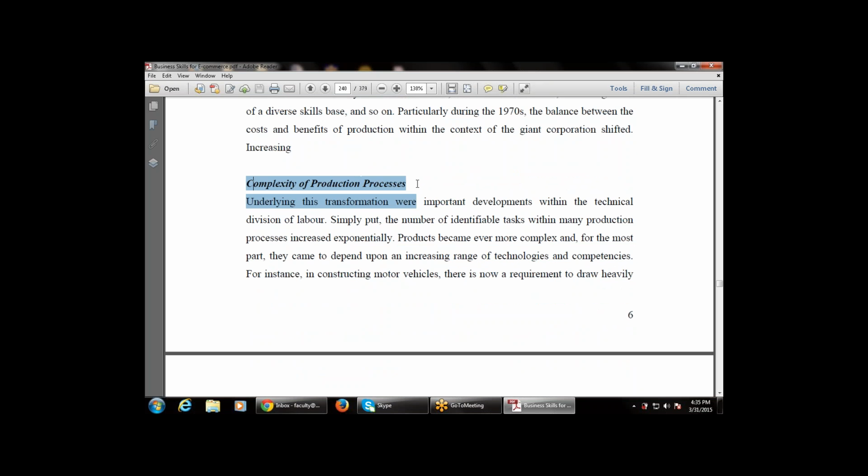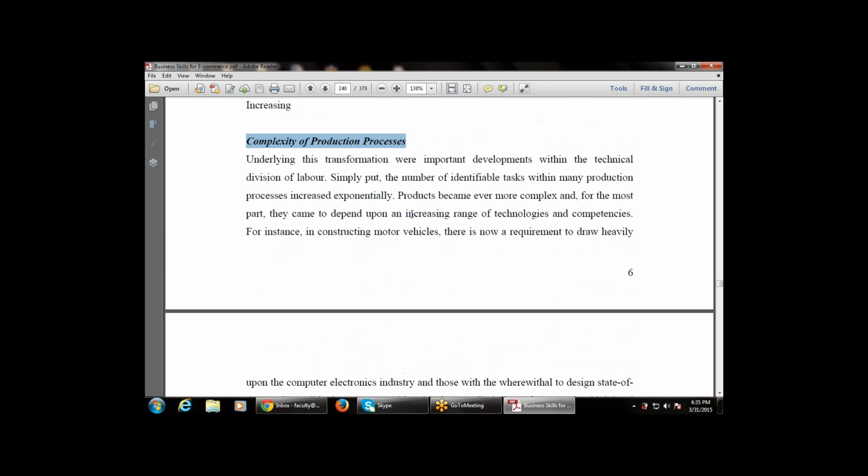Then what is the complexity of production processes? Complexity means what is the main hurdle in the production processes. Underlying this transformation were important developments within the technical division of labor. Simply put, the number of identifiable tasks within many production processes increased exponentially. Products became ever more complex, and for the most part, they came to depend upon an increasing range of technologies and competences. For example, in constructing motor vehicles,